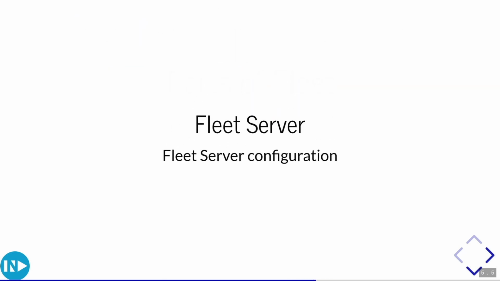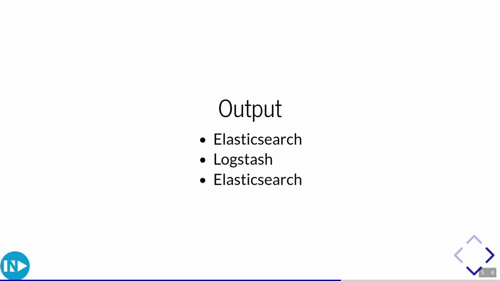Parts of Fleet, the Fleet server itself. So you have a Fleet server configuration, a preset of servers. It can be multiple hosts, and you can put load balancers in front so that agents can talk to multiple Fleet servers, or you can also use a proxy, so you can talk to the Fleet servers over a proxy. You have to configure that also there. You have outputs. You configure your outputs. It can be Logstash, it can be Elasticsearch, it can also be Kafka, and there are two more. So Logstash and, it should be said, Kafka.